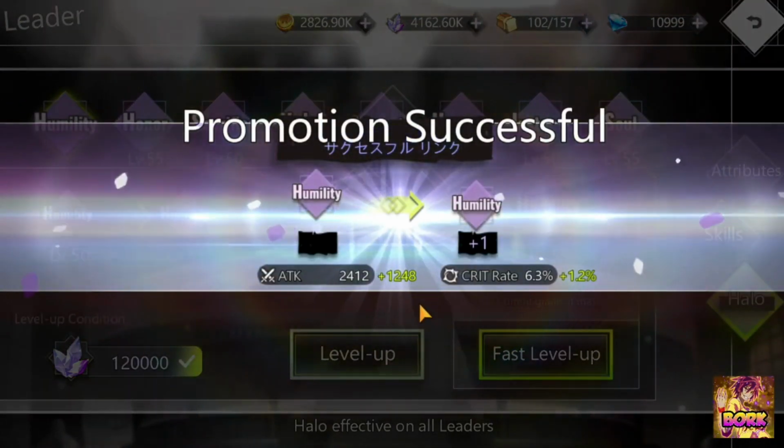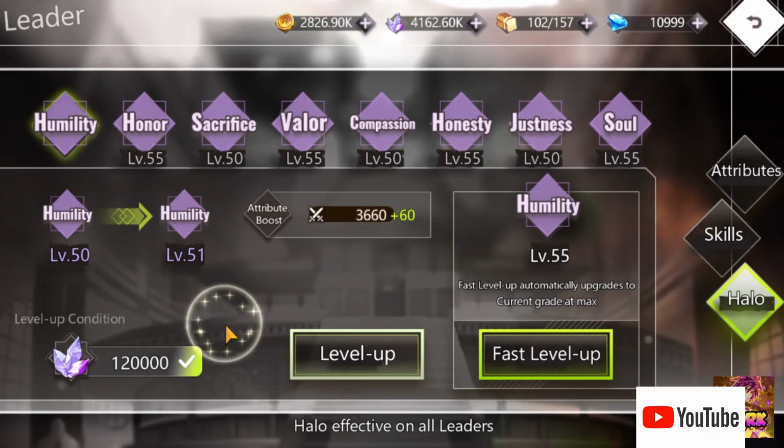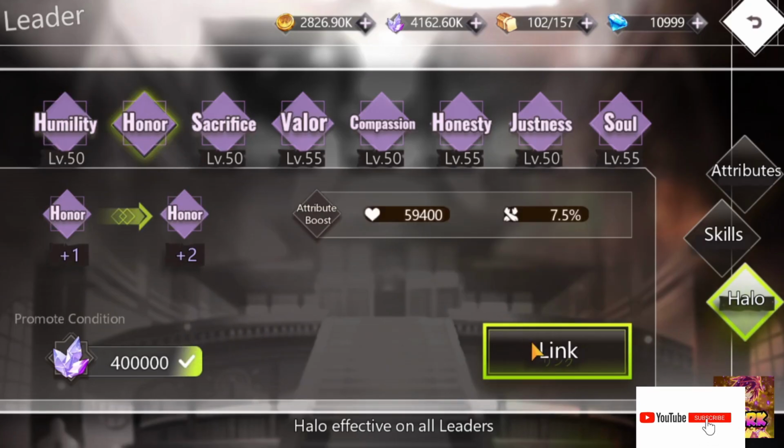Now let's click humility, and this provides crit rate. This is kind of important because I don't recommend everyone upgrades this immediately, just because crit rate isn't something that your leader will specifically use quite a bit. Personally I want my leader to be more tanky. So it's up to you whether you want your leader to do more damage or to be more tanky. Personally, I think the higher the HP of a leader is, the better,